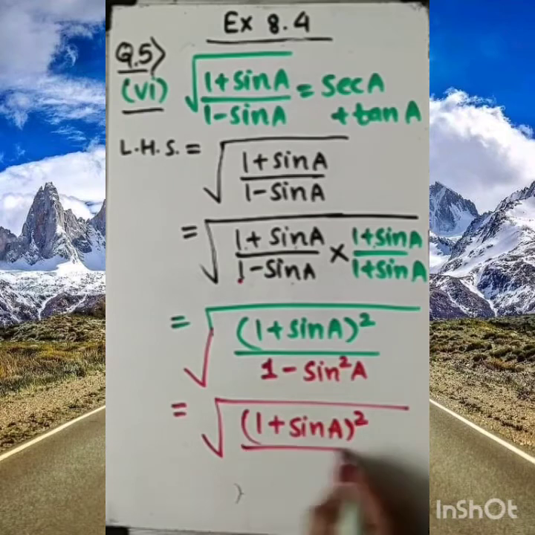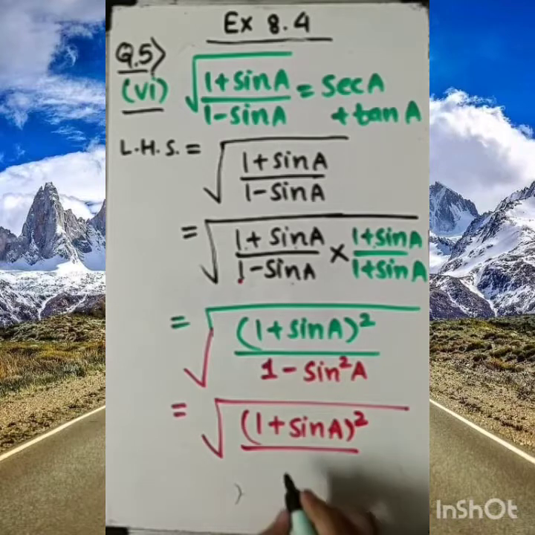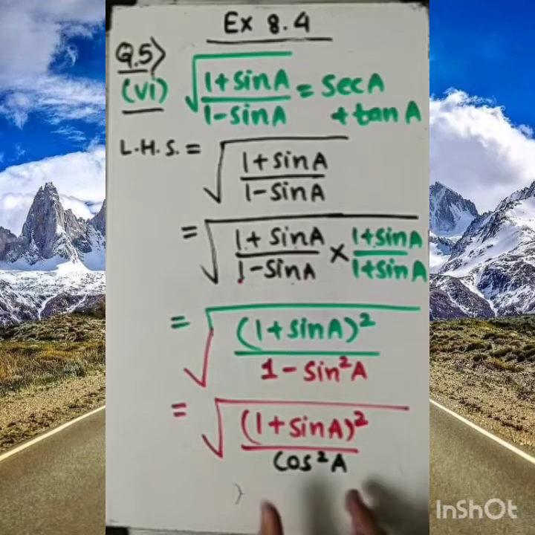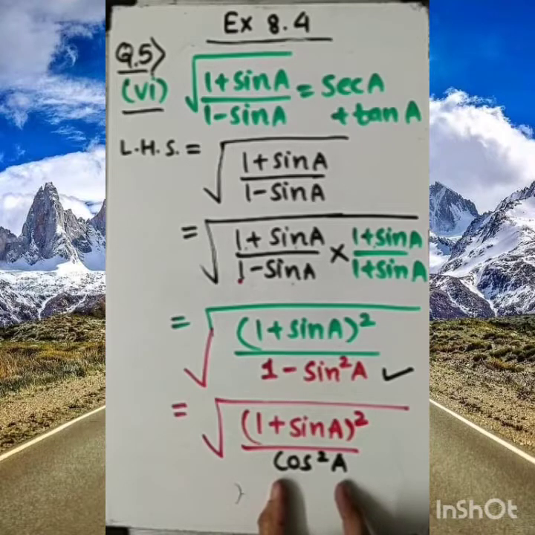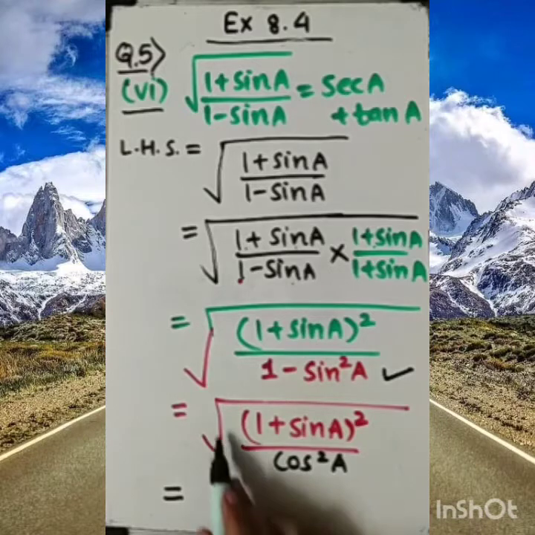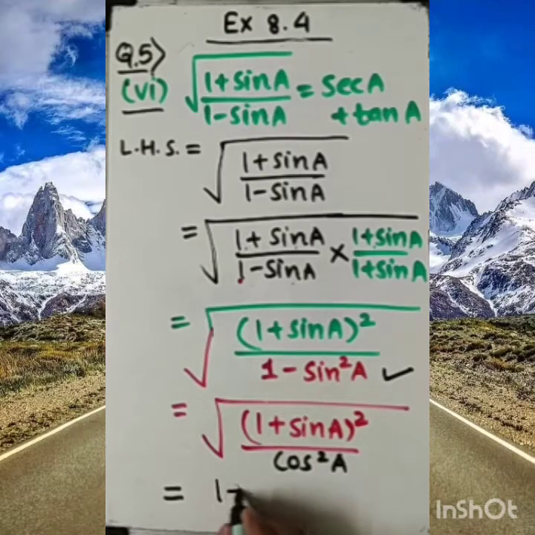Agree? Now 1 minus sin square A is cos square A. This is the identity result. You know very well. How I got this term? This is the identity, please keep this in mind: 1 minus sin square A equal to cos square A. This is the result of identity. As you know, dear student, this is also a perfect square. So they both are in under root, so square root will be cancelled. What is left finally? 1 plus sin A in numerator upon cos A in denominator.